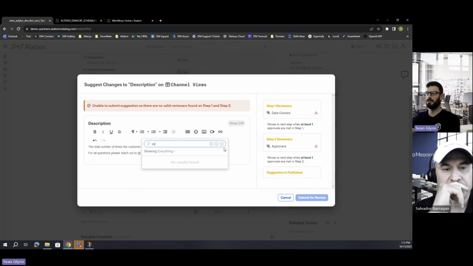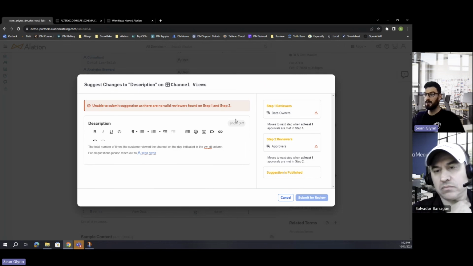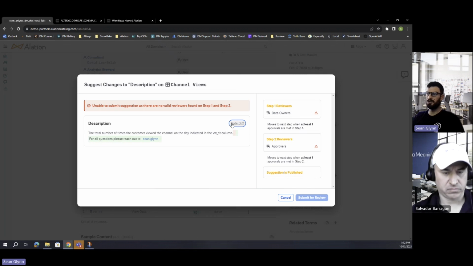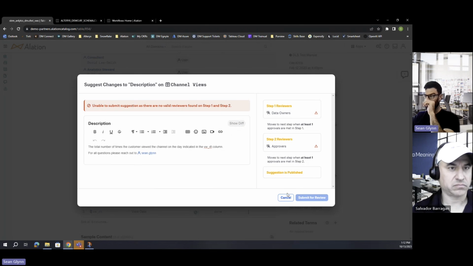And I can, let's say, tag someone, let's say myself, right? I can even see the difference as I'm reviewing this myself before I submit it. Now, in this case, we can't submit this for review at the moment, so this is a bad example, but I'll show you how we can fix this as we create a workflow in a couple of seconds here. But ideally, what would happen here is I would hit submit for review, and